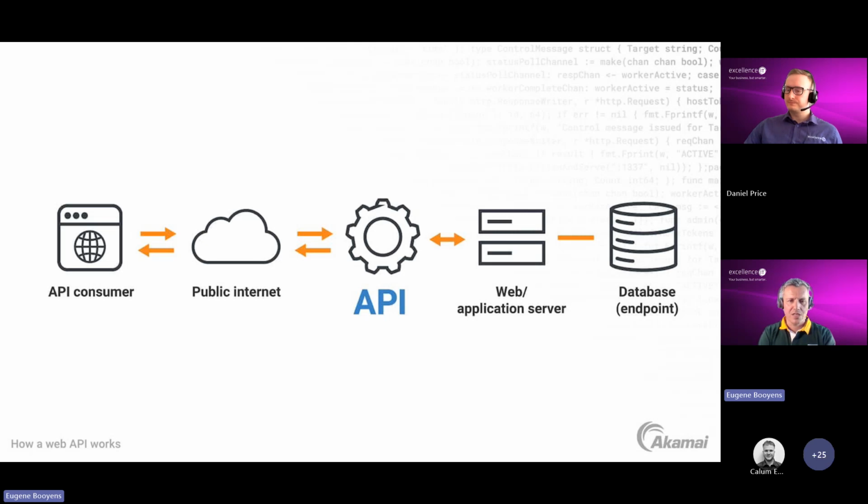An API is effectively just an open door to the internet that a software vendor will provide for you to be able to integrate with their system. So let's say, for example, in this case, the system you have is something like Salesforce, a CRM system where you capture opportunities and you generate quotes and you follow up with customers, and it's effectively the system you use to manage sales. They would host this application, excuse my bad drawing, as a web application and a database, obviously, in their servers. But you don't have direct access into that.